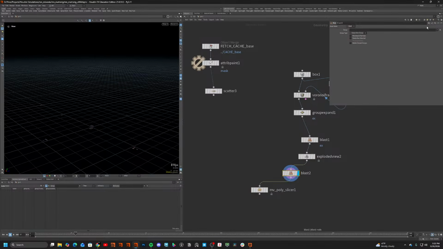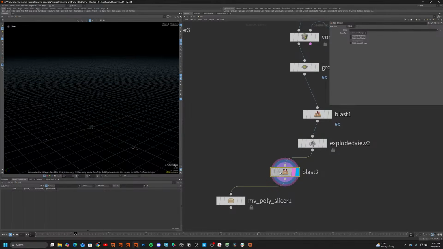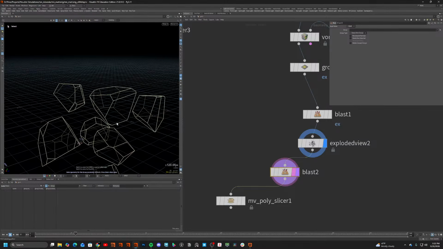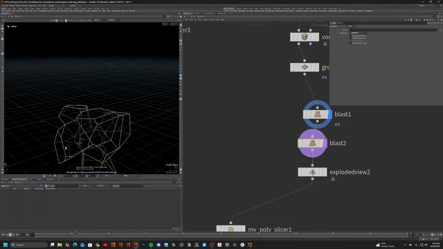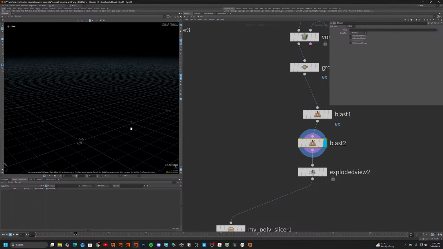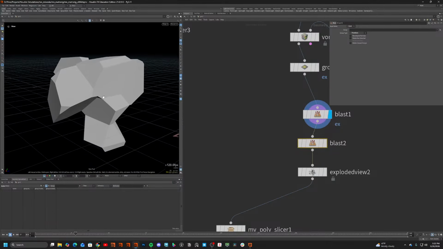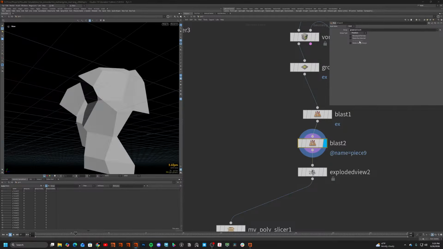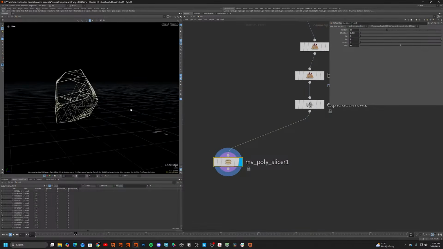Gonna check quickly. Can I not select primitives? Okay, let's do it like this then. Then this tool